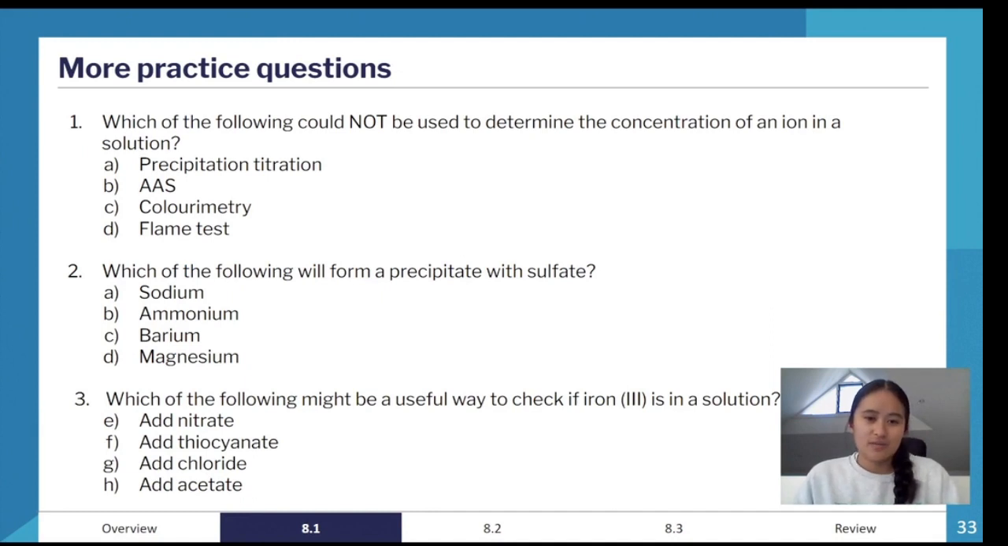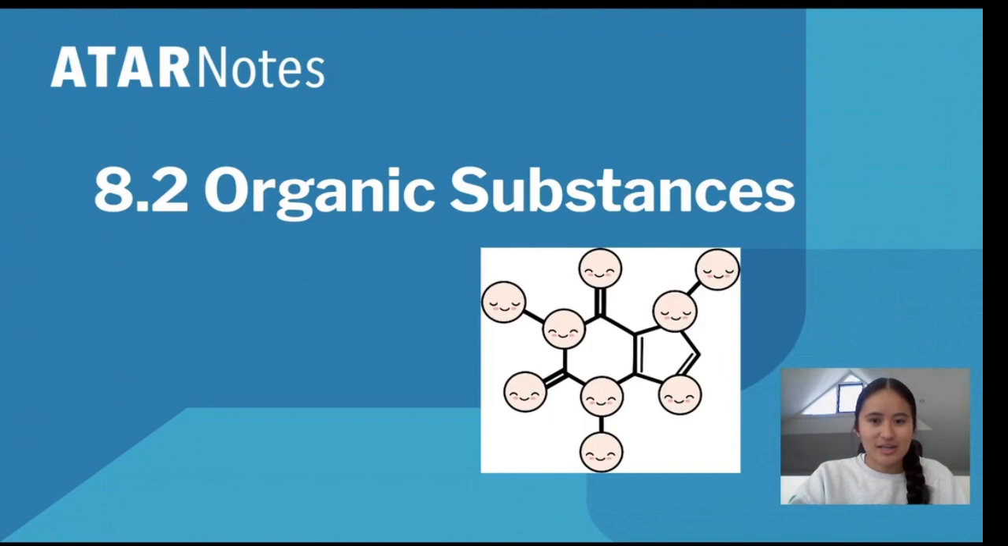And then for question 3, which of the following might be a useful way to check if iron 3 is in a solution? And this goes back to complexation. So if you remember my example before, iron thiocyanate, that complex goes from a pale yellow solution to a blood red one, and therefore option F, it's not A, B, C, or D apparently, it's option F. Option F, add thiocyanate, is the correct answer for that question. So that's basically all of that first inquiry question. And now we'll